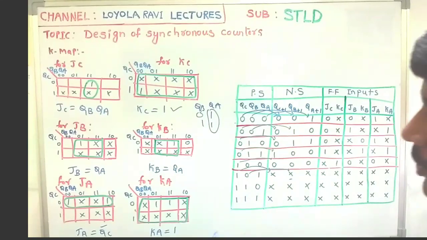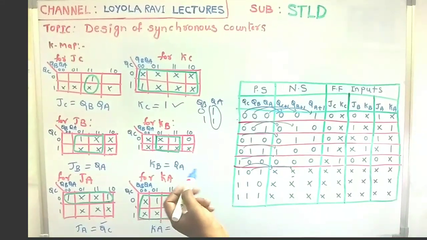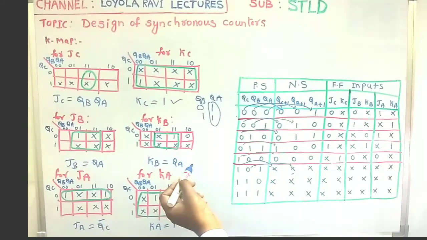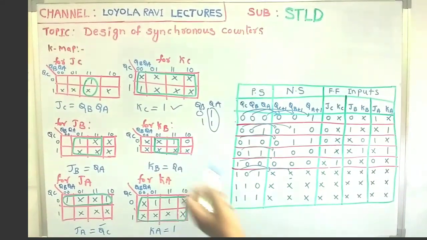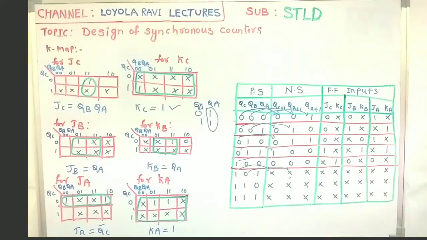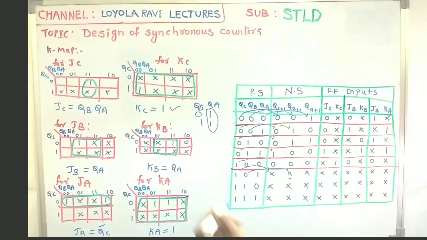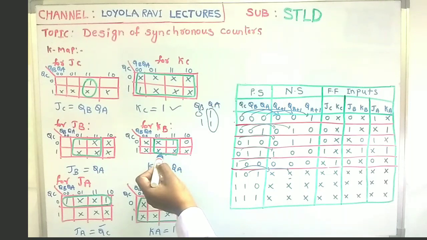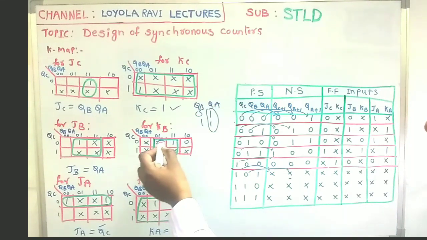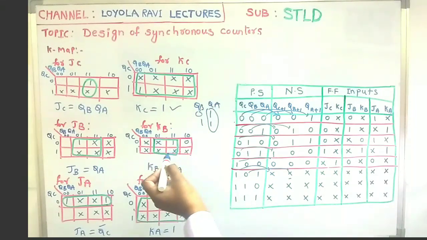Okay. Then again we have to check. Here also there is no formation of octet. Why? Because we have 7 minterms. That's why let us go for quad. Our intention is we have to cover all ones. By covering this one, is there any formation for quad? We have to check. That is the K-map rule. So then don't care, 1, don't care, don't care forms one quad. That's why we have to take this one.